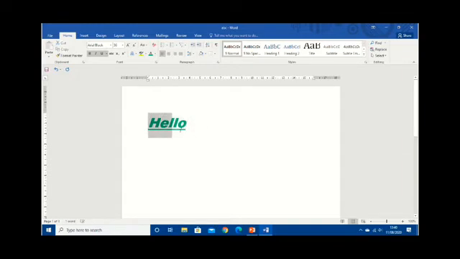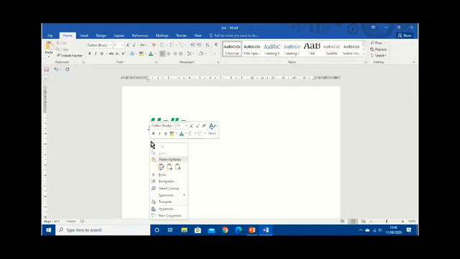Now once again I am highlighting my text and I am going to apply the cut, copy, paste option. At the left side corner, you can see cut, copy, paste is there. I have selected the copy option, then cut, then I am going to paste it. So I hope you understood how to copy and how to paste.